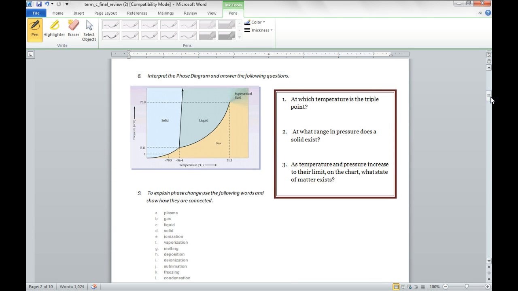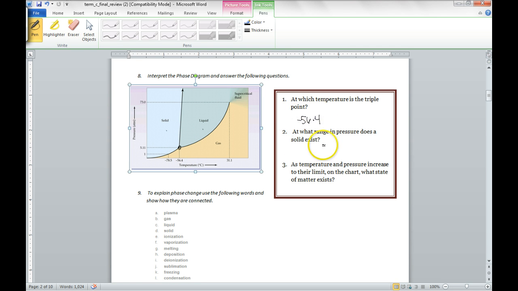Next one, it says interpret the phase diagrams and answer the following questions. At which temperature is the triple point? So our triple point is right here. Remember that the triple point is where we really can't determine which phase it is in, whether solid, liquid, or gas. So if you look down, the temperature is at a negative